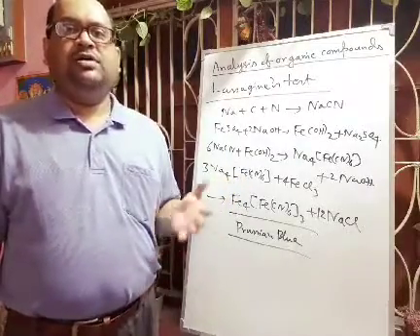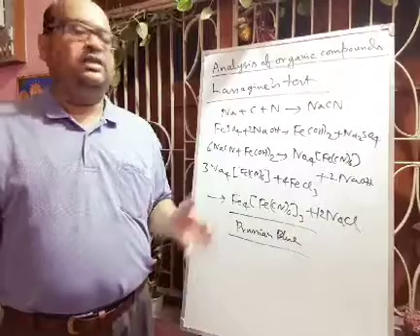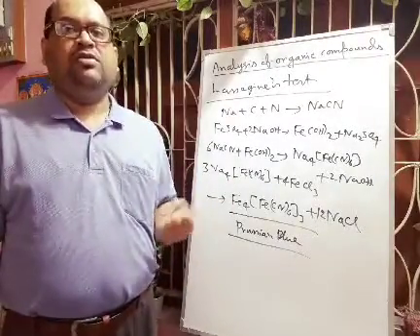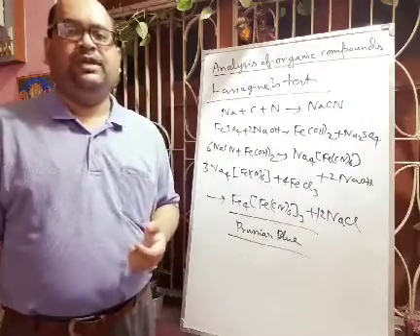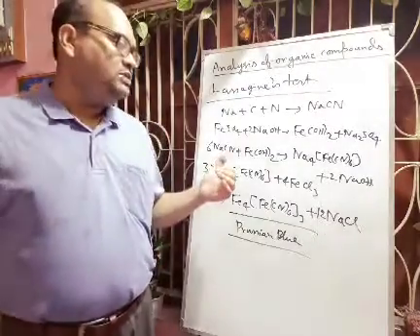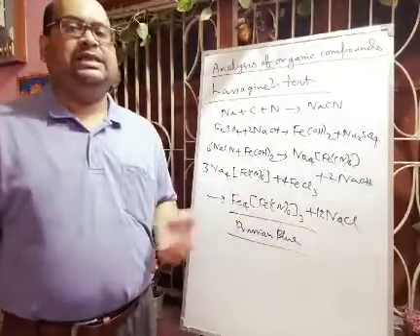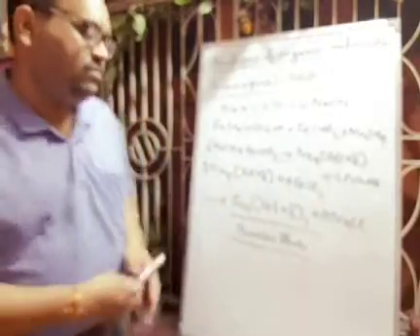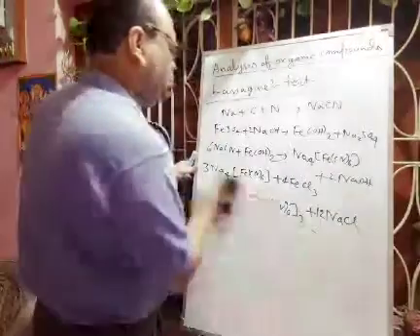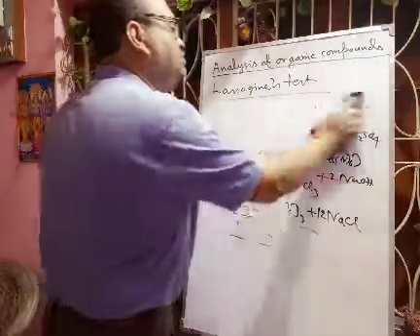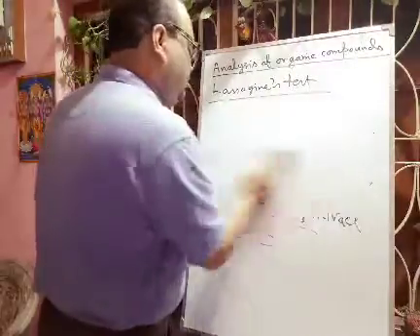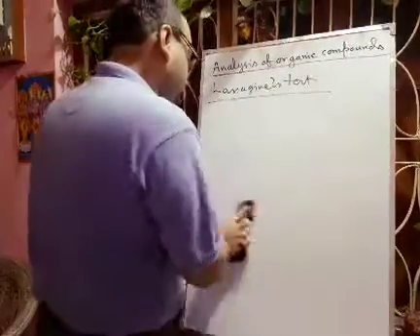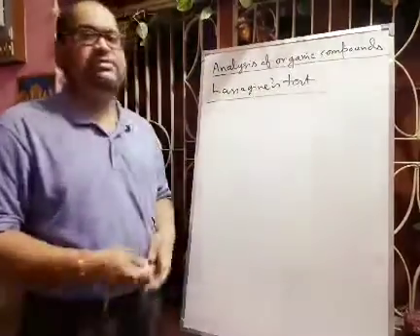And here we are not using lithium or potassium, we are using only sodium. Why are you using sodium? Because lithium reacts very slowly, and if you take potassium, it will react vigorously, so it cannot be controlled properly. And moreover, lithium compounds are generally covalent in nature. That is why we have taken only sodium. In the Lassaigne test we are taking sodium for the detection of nitrogen. And the Lassaigne test will be used for other elements also, like sulfur and halogens. Same test you have to use.